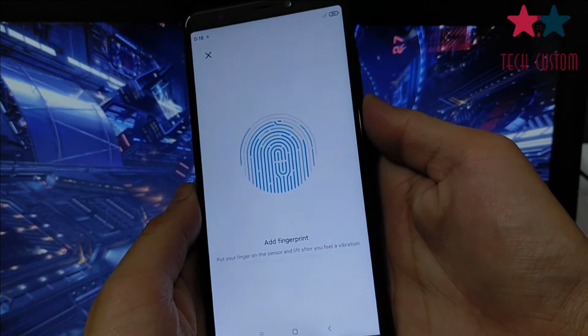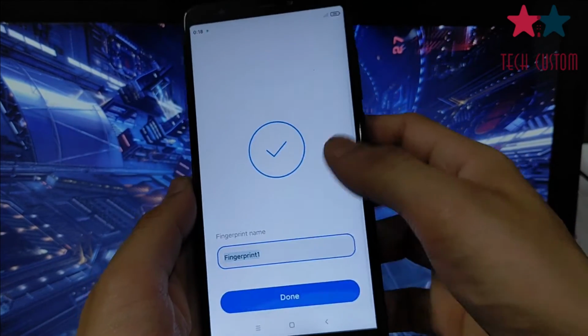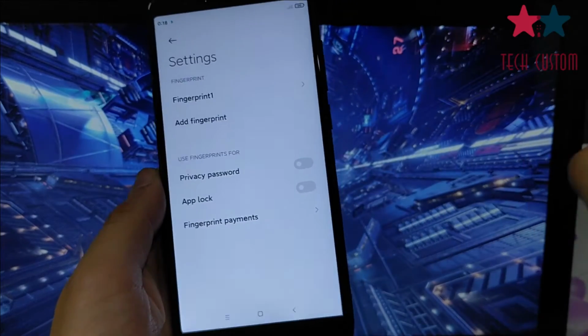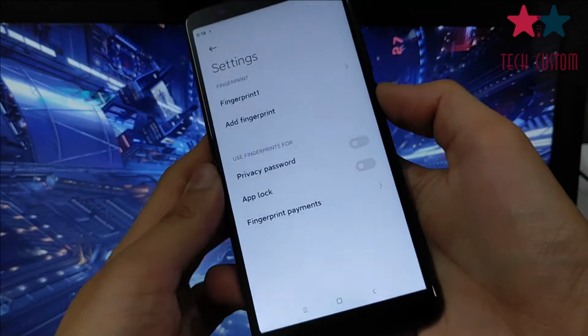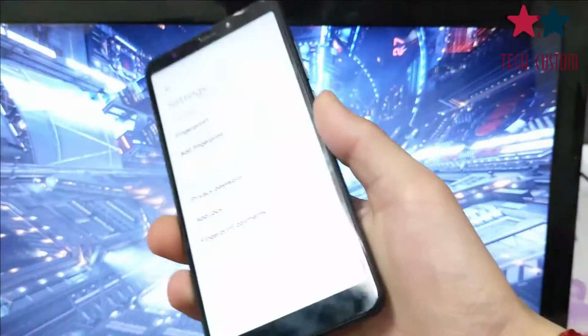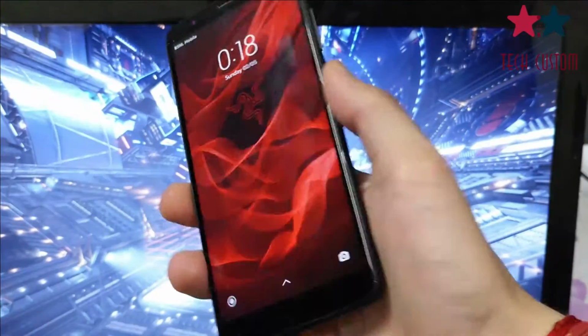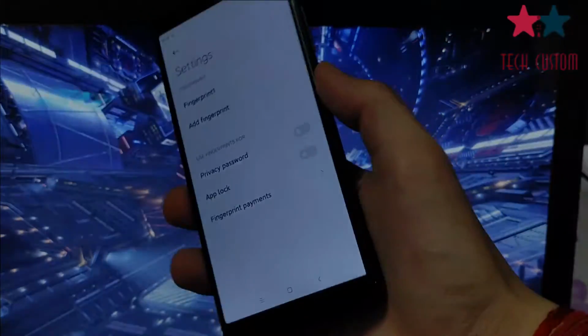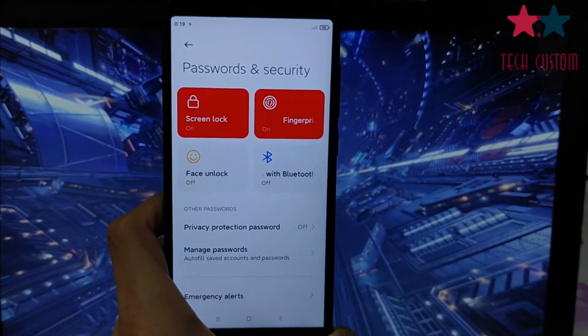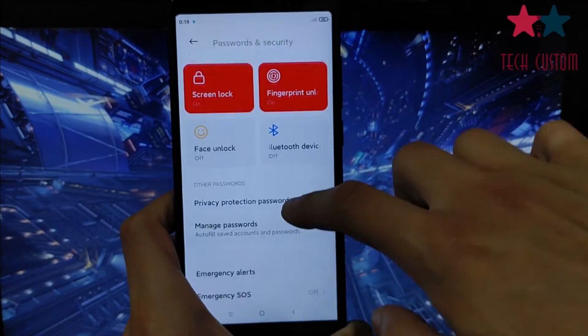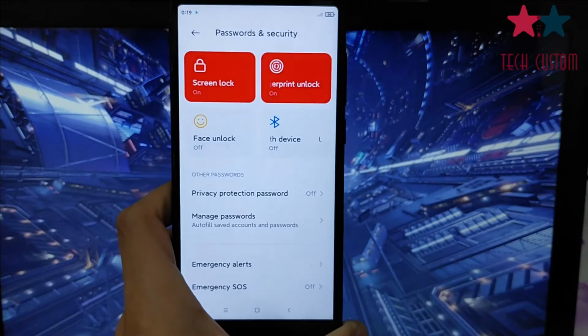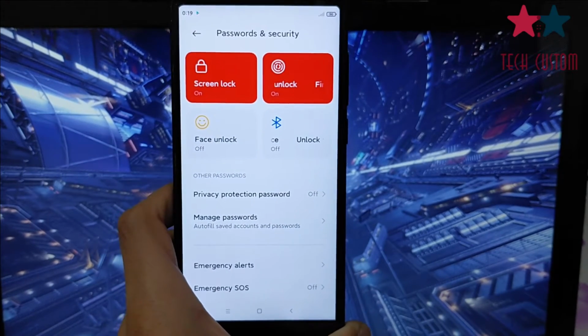So basically you can see fingerprint is working perfectly fine, and the vibration is also working perfectly without any problem. Now let's check the speed of the fingerprint. Tap open, and the speed of the fingerprint is just amazing. There is no delay in the fingerprint speed. So all thanks to the developer who ported this ROM for Redmi 5 Rozi. But there are some bugs which need to be fixed soon.